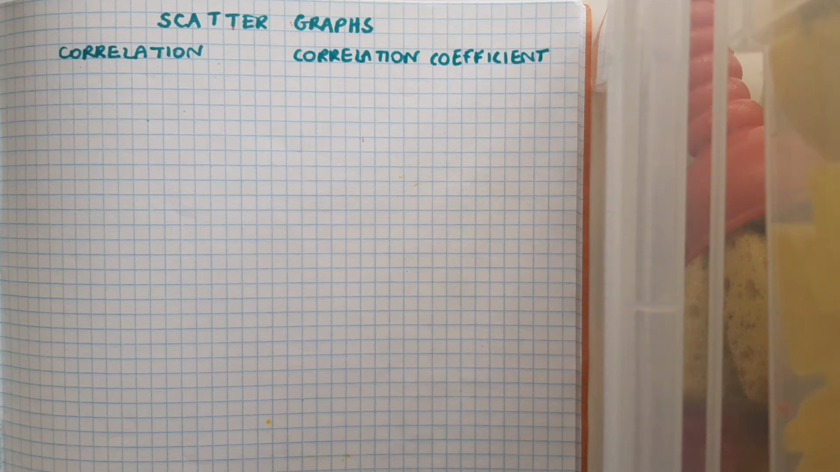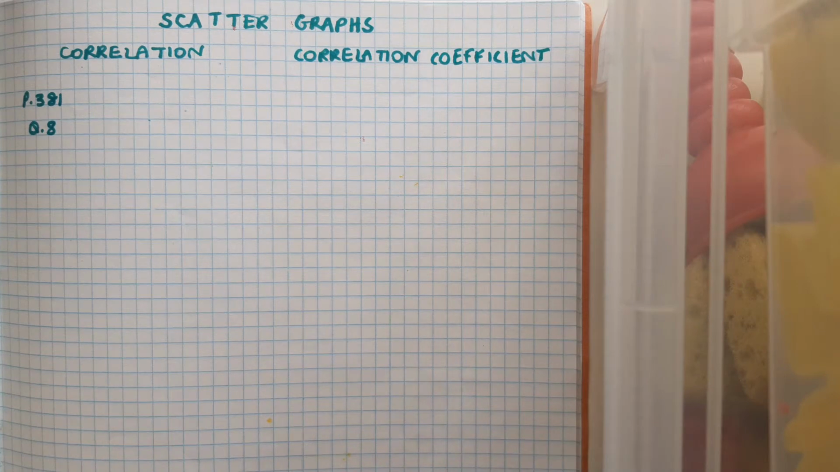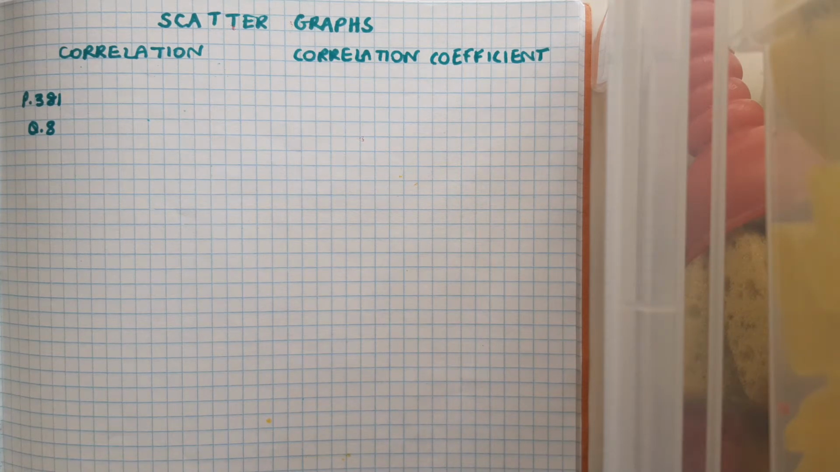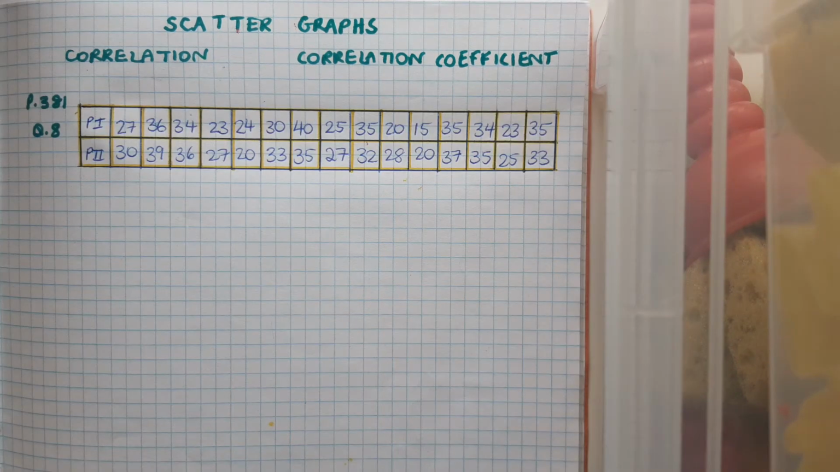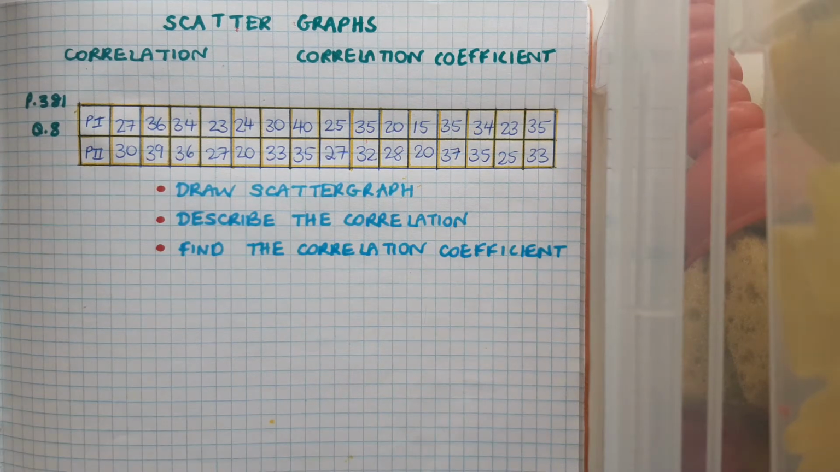This video is about scatter graphs, correlation and correlation coefficient. I'm going to use question 8 from page 381 as a source of data to explain these ideas, which has a table that looks like this. We're going to do three things with this data. We're going to draw the scatter graph, we're going to describe the correlation, and we're going to find the correlation